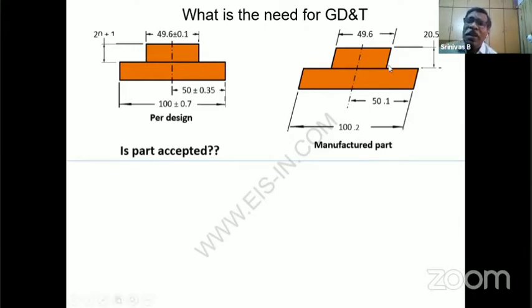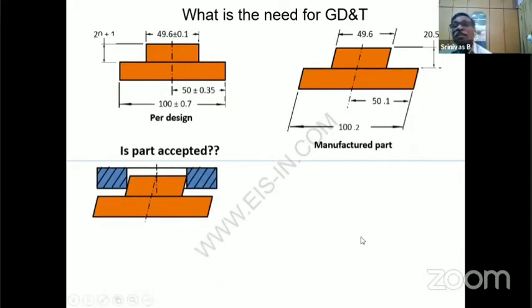Had the tilt been a few seconds, a few minutes, would you be able to identify? No. Understand? Therefore, technically, you have no right. Even if you go to Supreme Court also, this part you cannot reject. It is accepted. But now let us see the assembly. Because this part is accepted, is assembly okay or not? Assembly is not okay. Am I right, sir?